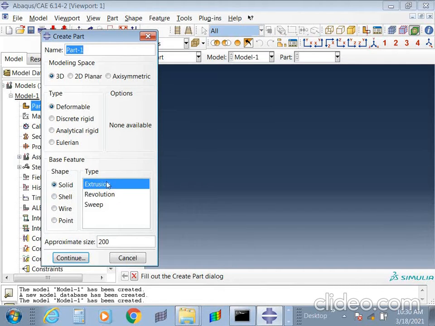So what we'll do, again we have a type of options here. What type of options? Like you want to revolve the sketch, or you want to extrude it, or you want to sweep it. Three options. Extrude in the sense your model or geometry sketch will be having certain thickness over it, and revolve in the sense at a particular axis your geometry will be made into a revolution.